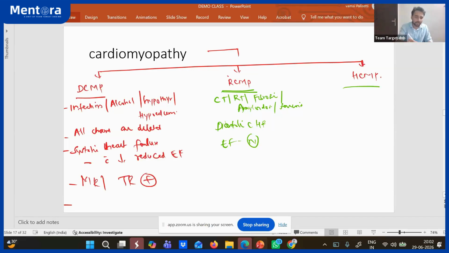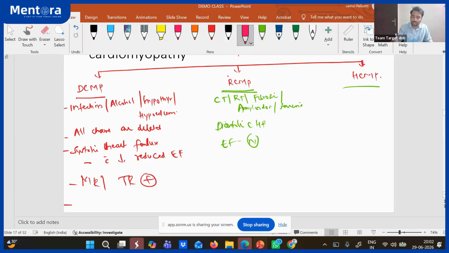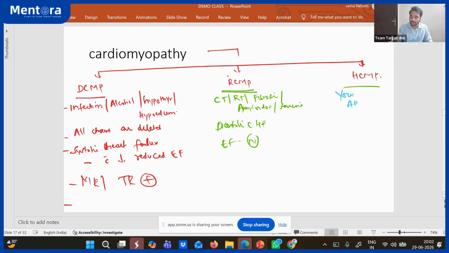And hypertrophic cardiomyopathy, very simple, you already know, it's always young adults, it's always young athletes. Okay, so definitely they have septal hypertrophy, asymmetric septal hypertrophy. Okay, ECG will have deep T inversions, and echo will have asymmetric septal hypertrophy. So usually they give history of any young athlete, suddenly there is sudden cardiac death and all. This is the history they will give. Okay, so very important thing.